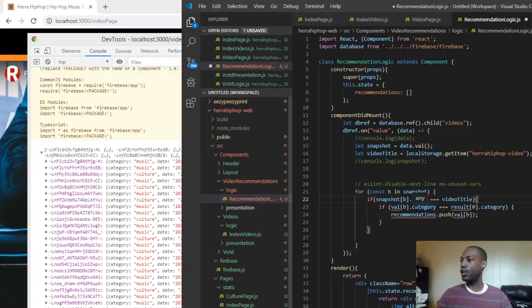So now we're going to say if snapshot B dot category